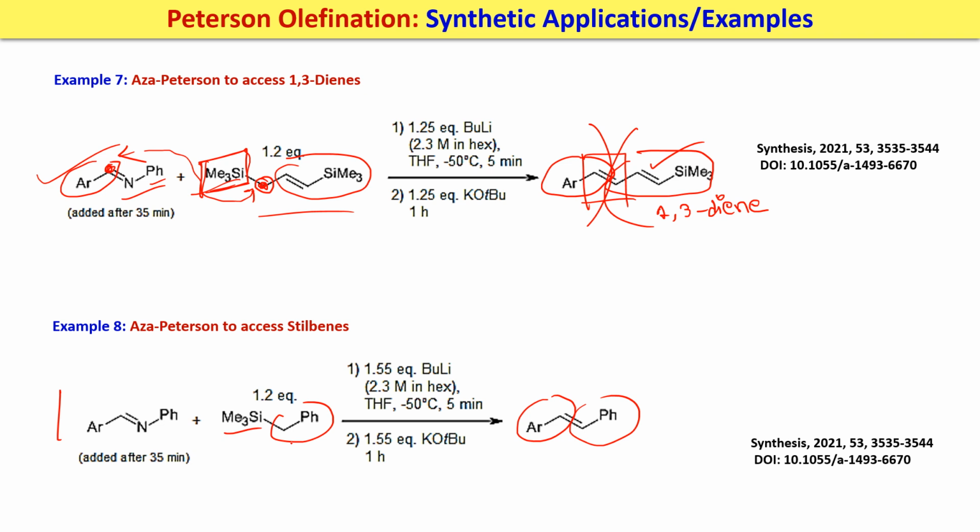In this way we can get some stilbene derivatives, and this reaction, as the name is given in the paper, they are calling aza-Peterson to access 1,3-diene or 1,3-stilbenes. And all these references I have mentioned, and you will also find them in the description box,